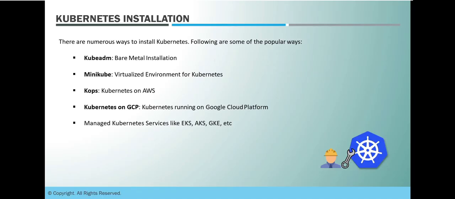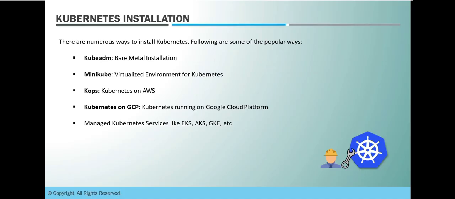Even if you have one VM, you can deploy a Kubernetes cluster on it using Minikube, and it gives you the option to choose which type of virtualization you want for your Kubernetes deployment. It can be a Dockerized environment, a virtual machine environment, a hypervisor environment, or multiple types. So when you go for Minikube installation, you will see it asks you which type of virtualization you want for your Kubernetes installation. Then comes Kops.